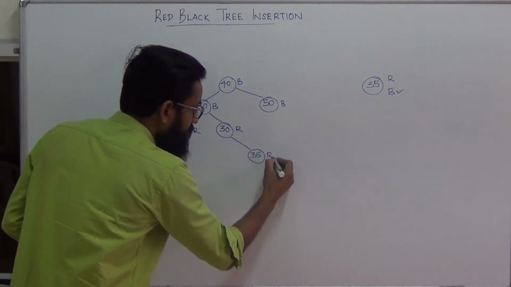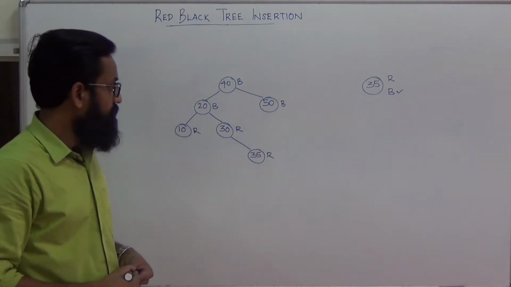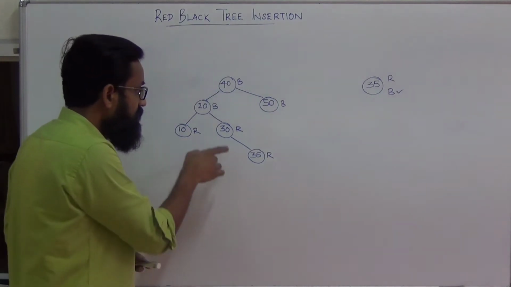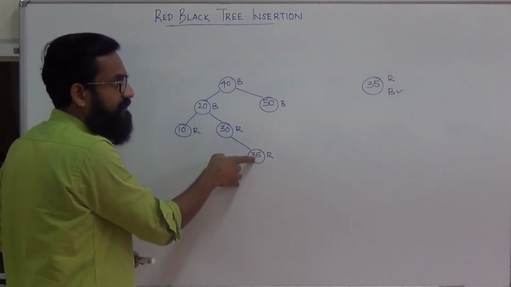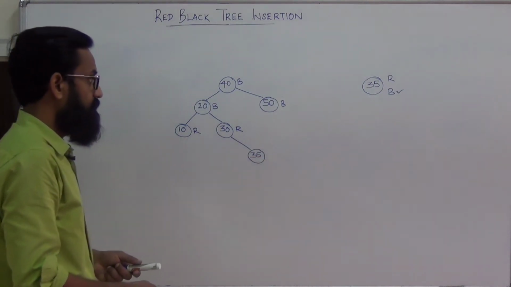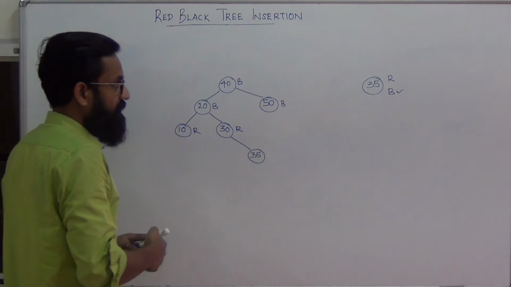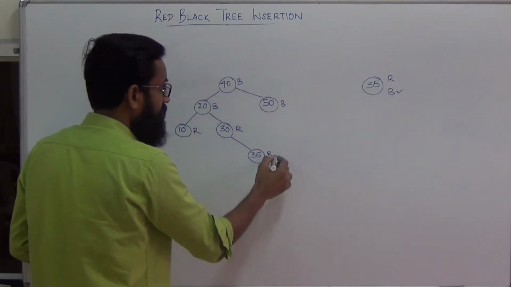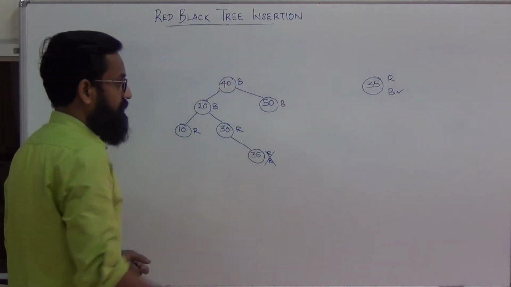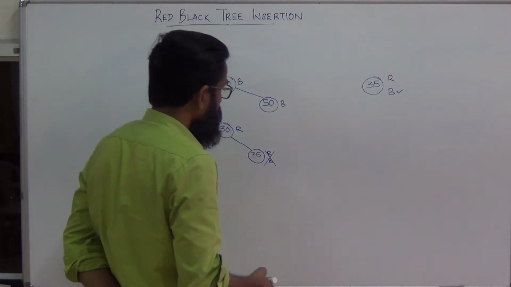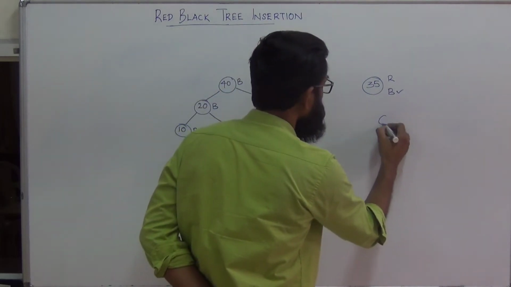Now what happens if I color it with red? If I color 35 with red, that actually violates the coloring property because a red parent is having a red child. So this also violates the property. So in this case, when we insert 35 with either red or black, that will violate the red-black tree property. Now let us consider insertion of 60.